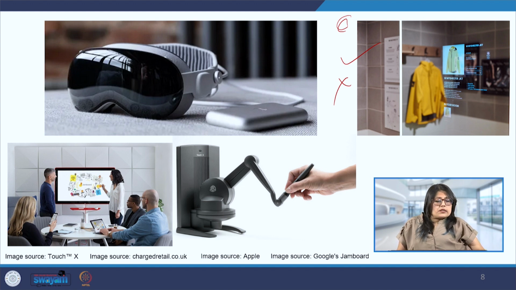There are many different types of these devices available for drawing, writing, annotating, and many other purposes. Then we have VR and AR headsets. They include sensors that track head movements, eye gaze, and hand gestures, and they allow users to interact with virtual environments. And they display immersive visuals, and sometimes they provide auditory output as well. On the screen, we can see an example of the Apple headset, and there are many other headsets by many different companies, and they are striving to provide a seamless and positive user experience.